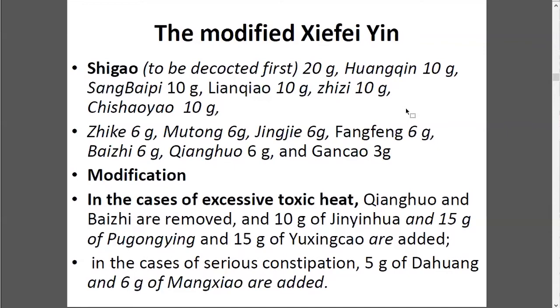石膏, we need to cook it first. A big dosage of 石膏. We say 石膏 always needs a big dosage because 石膏 is heavy. Even 20 grams. Sometimes we use 30 grams, still okay. But still not that big an amount. So 20 grams of 石膏, and then we put 黄芩, 桑白皮 to clear heat,